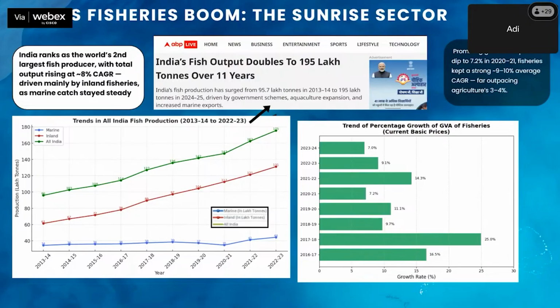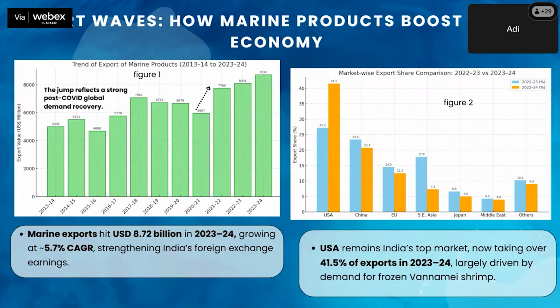This shows a promising growth despite a dip to 7.42% in 2020. Fisheries kept a strong CAGR of about 9 to 10%, outpacing the agricultural sector, which is about 3 to 4%. India has been an exporter in the seafood sector, as we can clearly see from this graph that marine export hit USD 8.7 billion in 2023 and has been growing at a CAGR of around 6%, strengthening India's